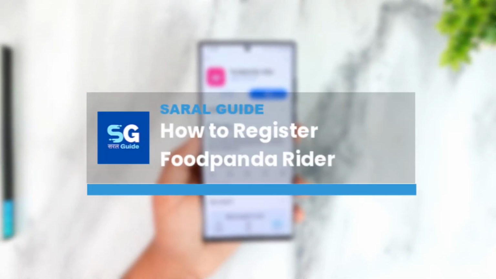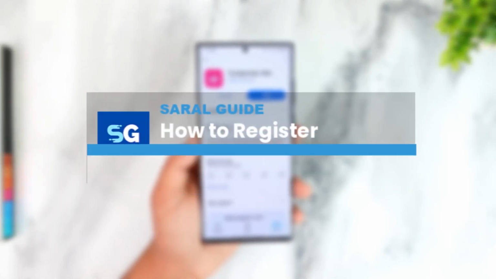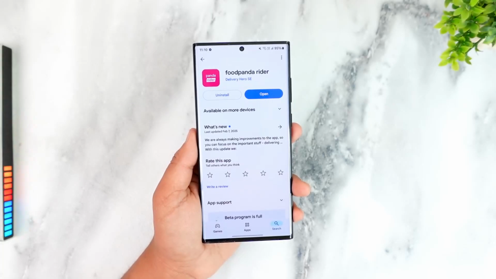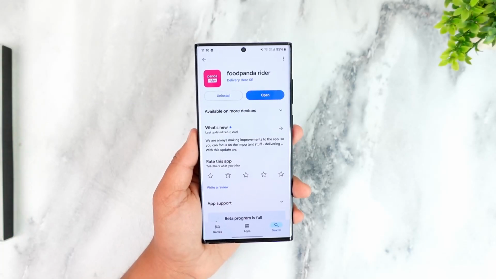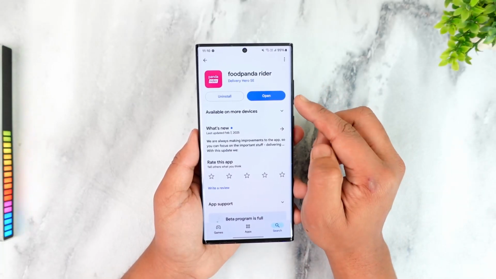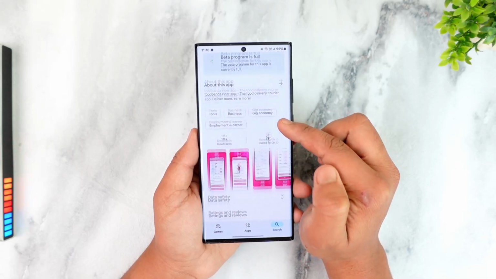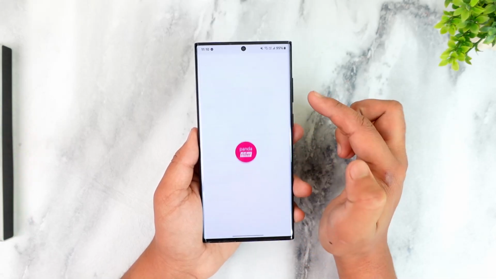How to register Foodpanda Rider. If you want to ride on Foodpanda and you want to register on the app, it is very simple. First, you download the Foodpanda Rider application and make sure that it is the official app, and then simply open